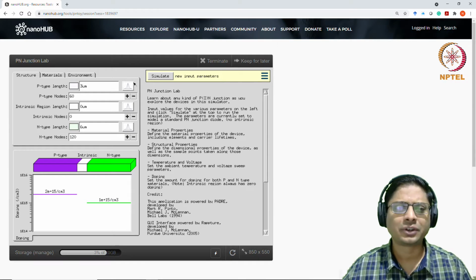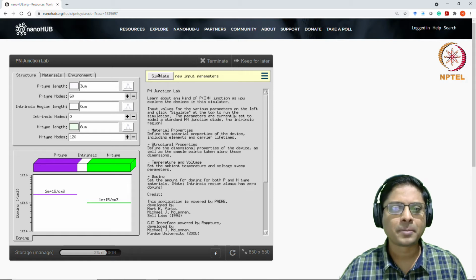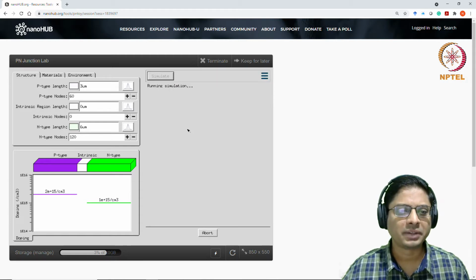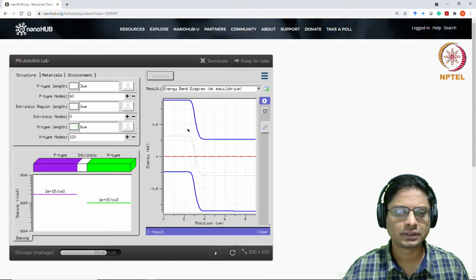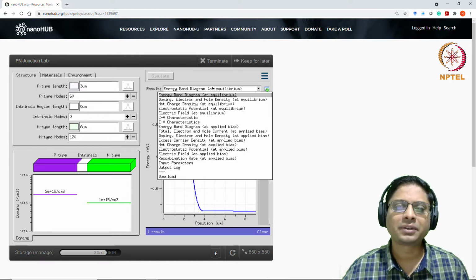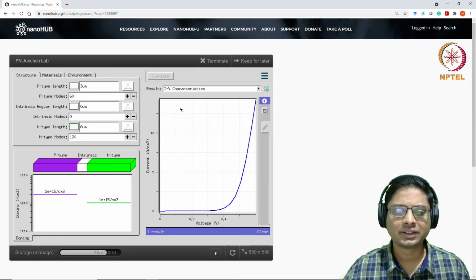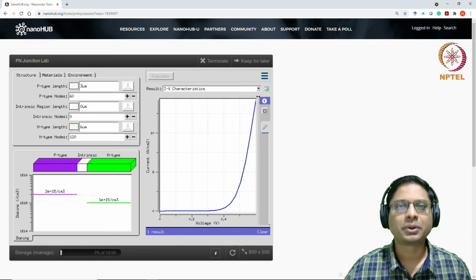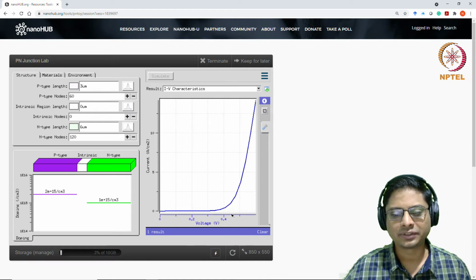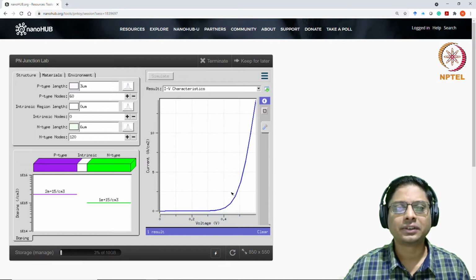So let's take the default settings. I won't go into what the settings are; we looked at them last video. So simulate. We have seen the equilibrium conditions in the last week. Now let us look at IV characteristics. It gives you the IV characteristics that we predict, an exponential dependence. Here, if you extrapolate, the VT is around 0.42 or so, 0.4243, right?